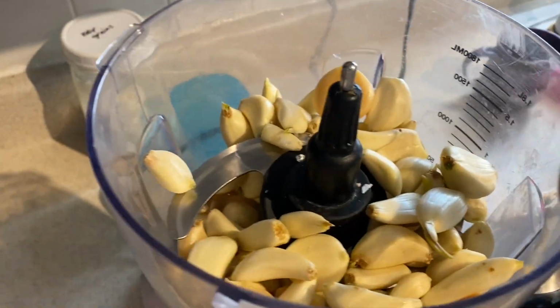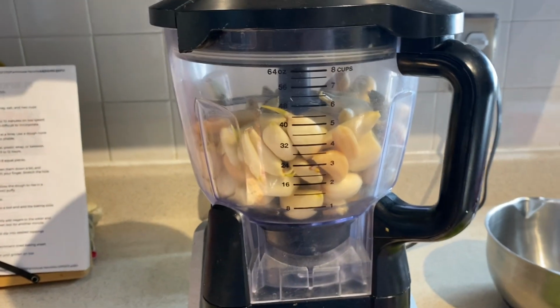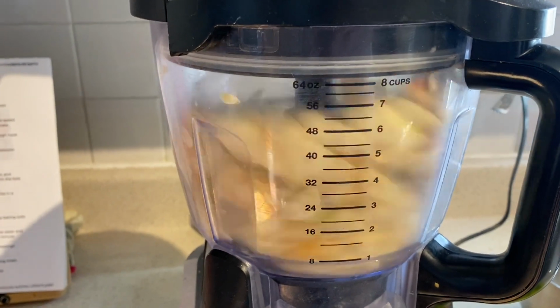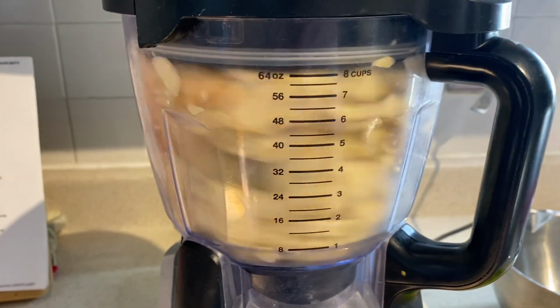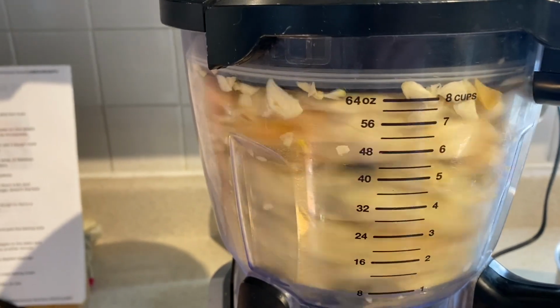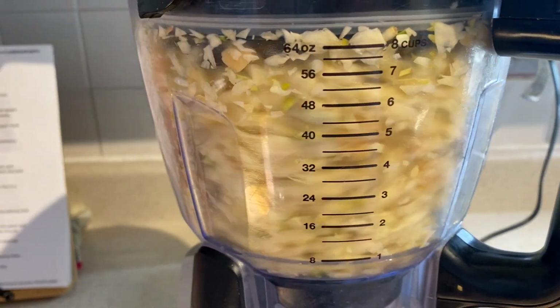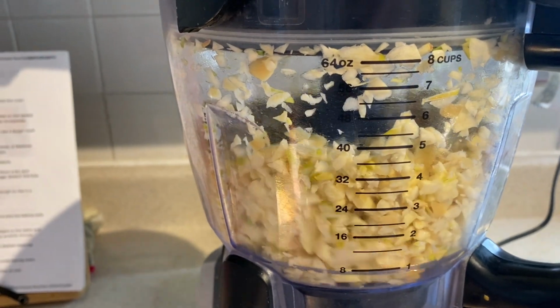So first thing I did this morning, I got a bag of fresh garlic from the free food ministry, and the reason it was there is because half of the bulbs were yucky. They had shriveled up or turned brown or gotten moldy. So I went ahead and sorted through all of it and peeled the good cloves of garlic, and then I